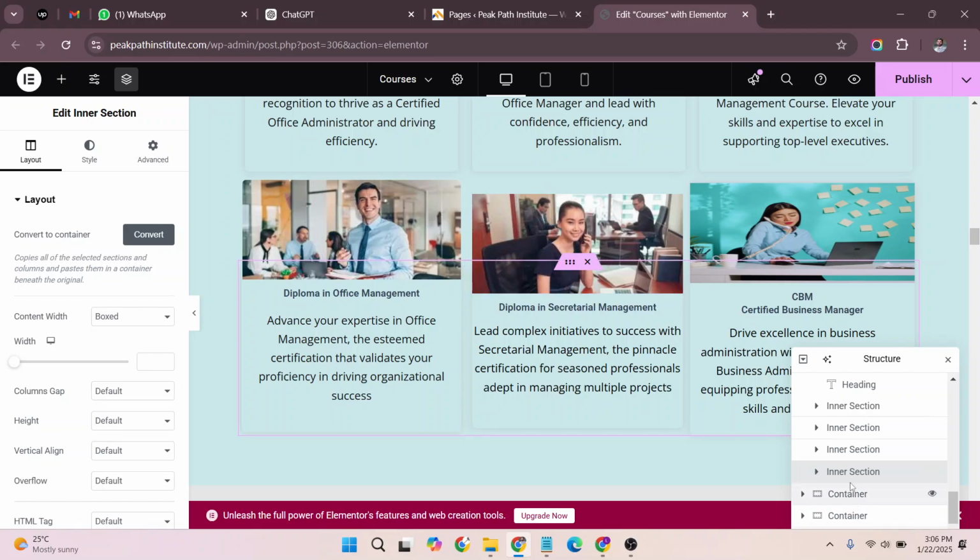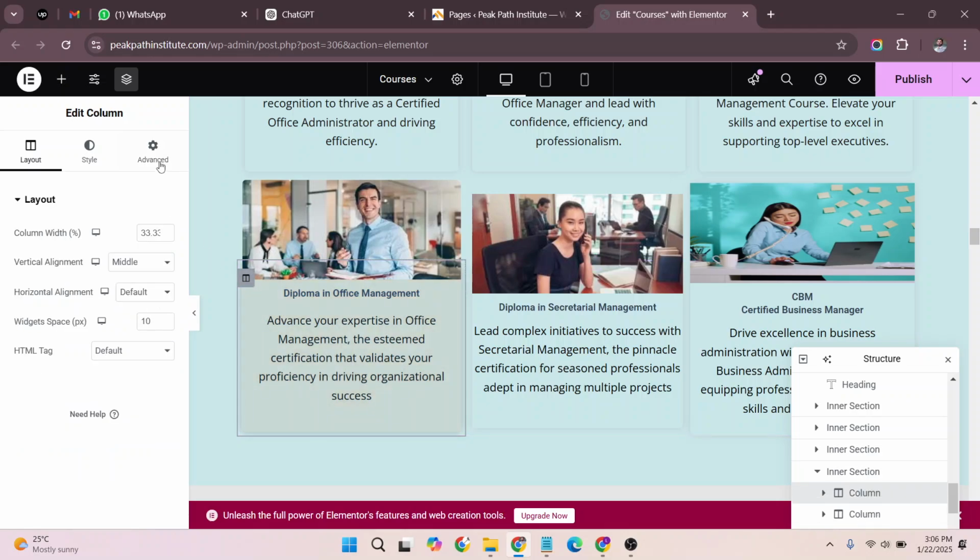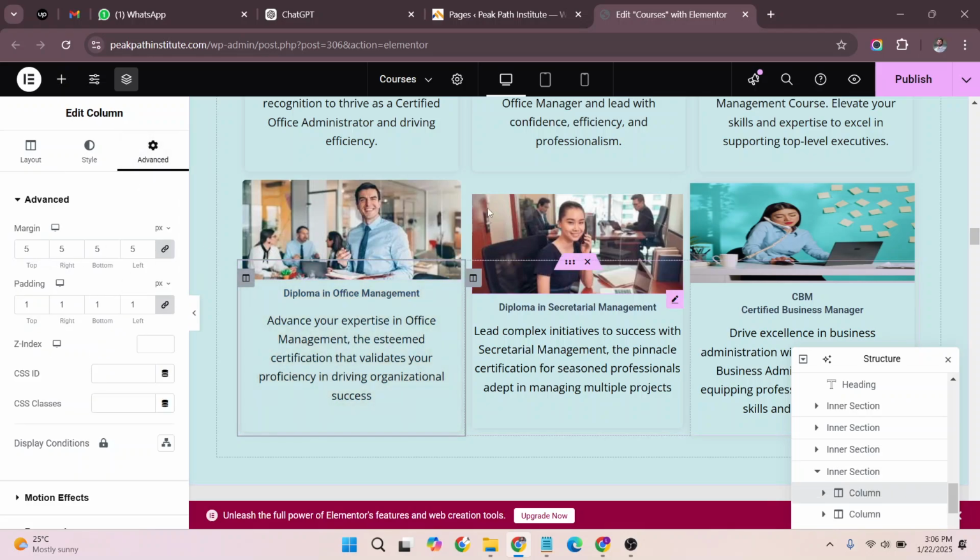So I'll select this section, this intersection here, and go to the advanced. I see there's a positive margin, so it doesn't make sense. The positive margin should make them go down, right? But it's going up. So what I need to look for is the negative margin here, wherever it is. So the next thing to select is the column to see if there's anything negative margin. I don't see any negative margin either here for all these three columns,